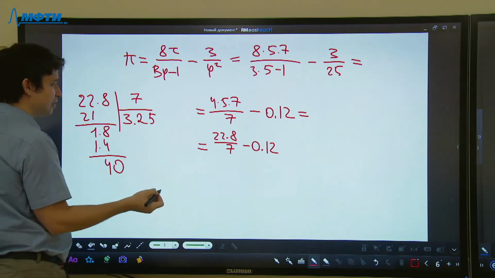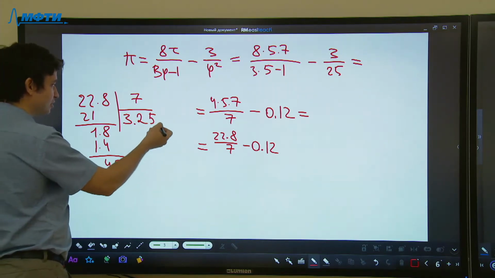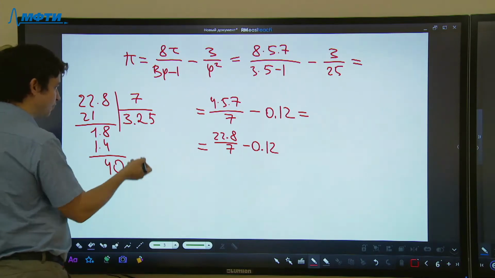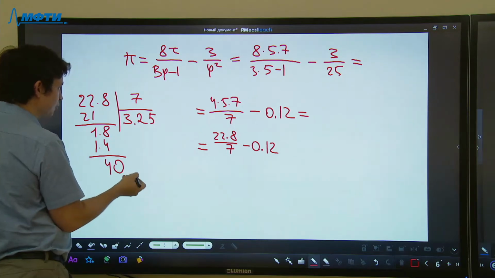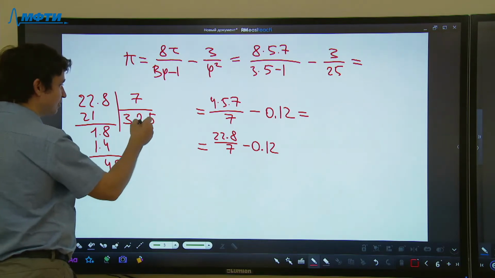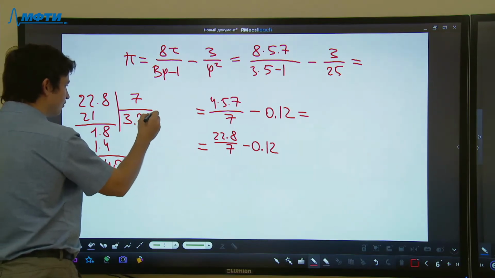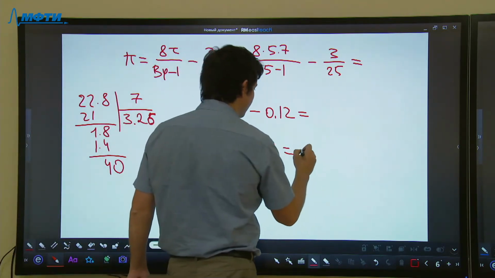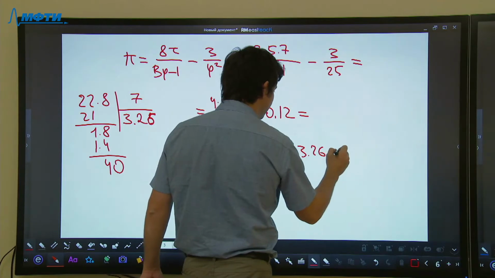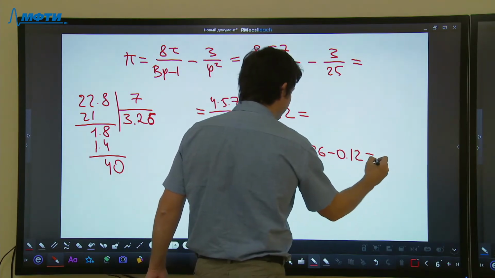But I think I want to stop on this second decimal point. So I see that 40 is somewhat closer to 42. So I think the approximate value would be 3.26. So now I have 3.26 minus 0.12. So that would give me